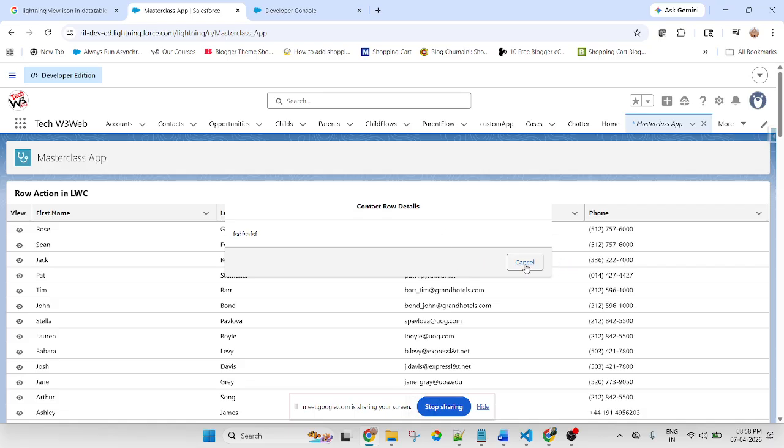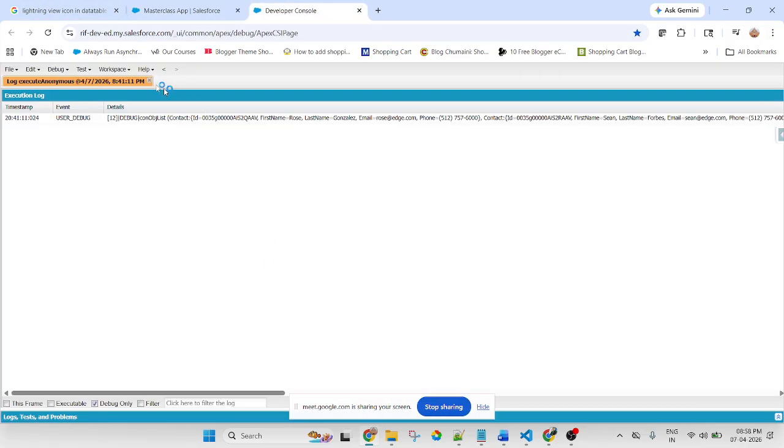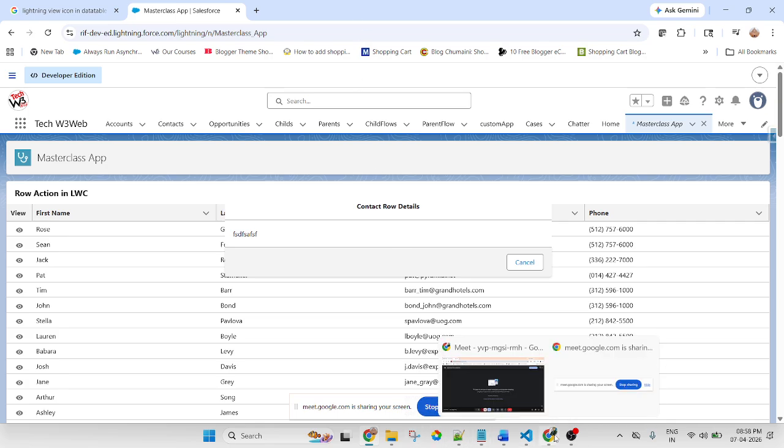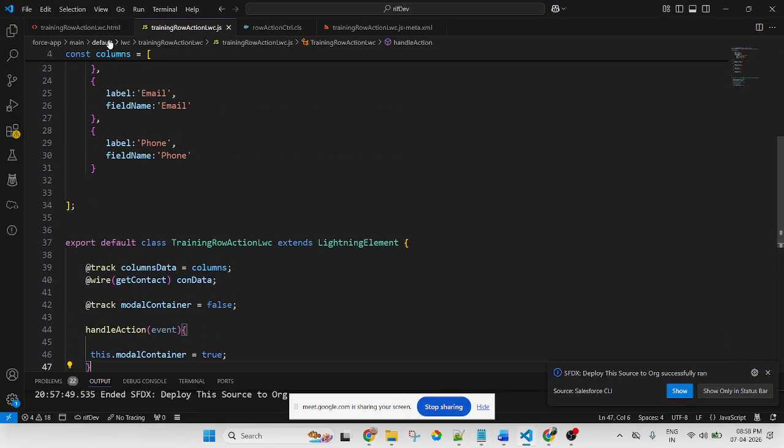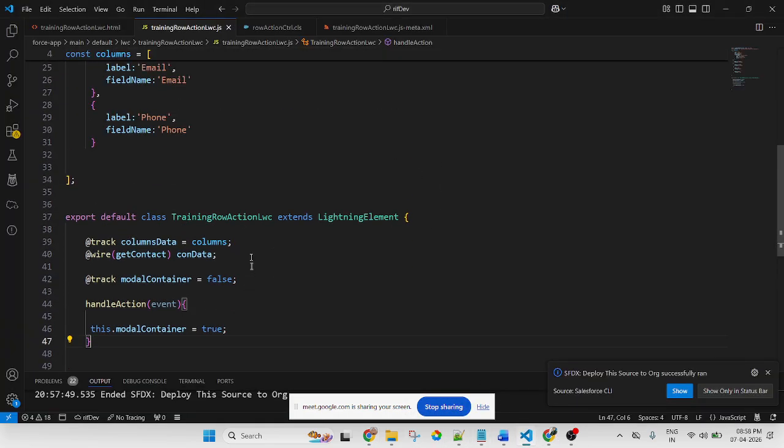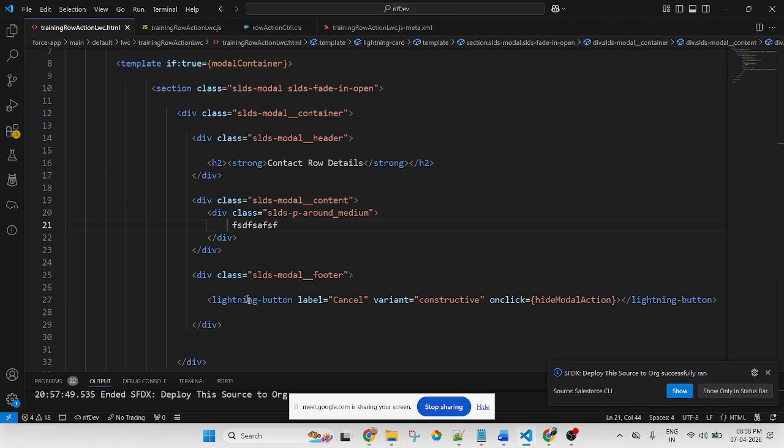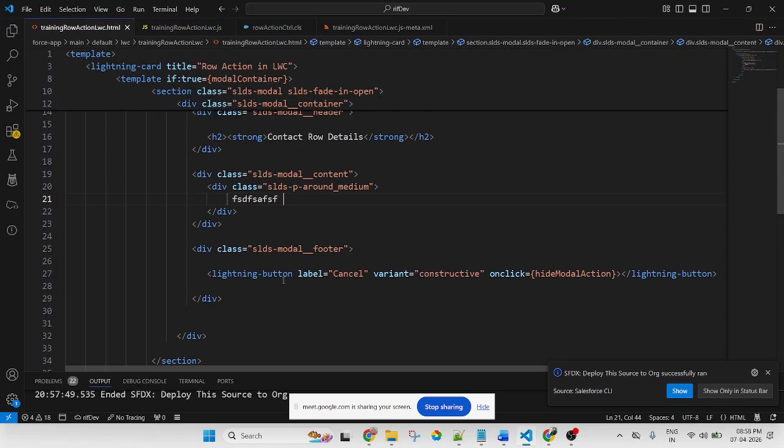When I click on the button, it will hide, and the modal pop-up should be displayed with a gray background. The cancel button is also not in red color.